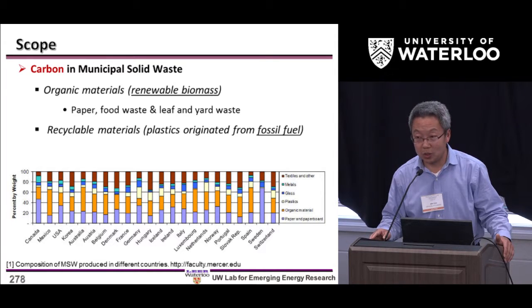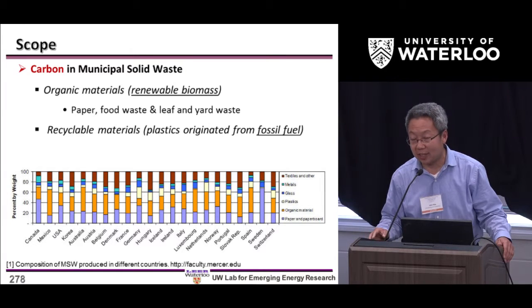Then you look at the source of energy, so look at the carbon. We are looking at organics and also recycled materials, for example, plastics. We have to look carefully at these energy sources because some of them are renewable, but some of them are not, right? Plastics, well, we have a small amount of bioplastics, but normally they are from fossil fuel, so they are not renewable, right? So that's the baseline for our analysis.